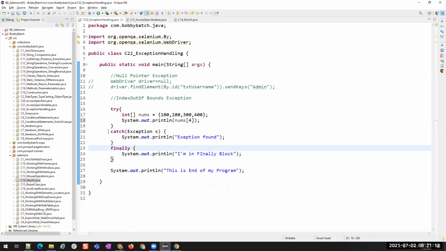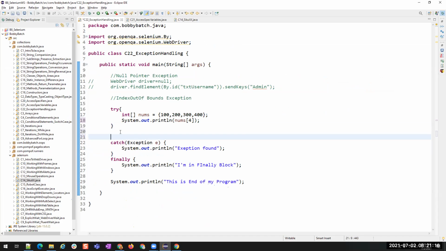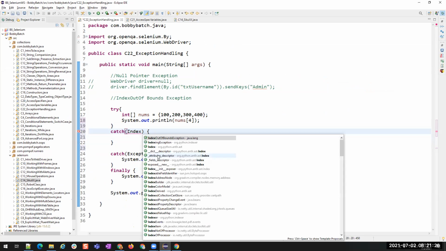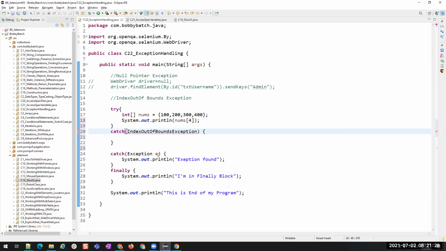So here I am showing only one catch block, but if you want to apply multiple catch blocks, I can also have this catch exception. What is the exception that we got here? Index out of bounds exception, right? Index out of bounds exception. I'll say IOB, index out of bounds exception.